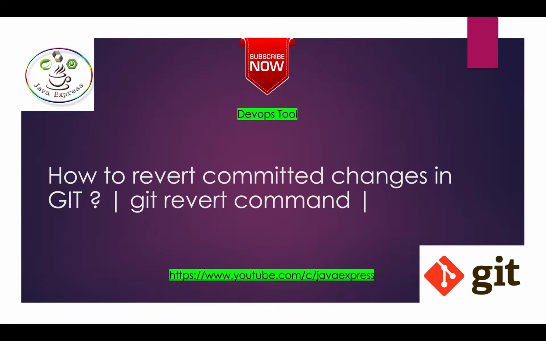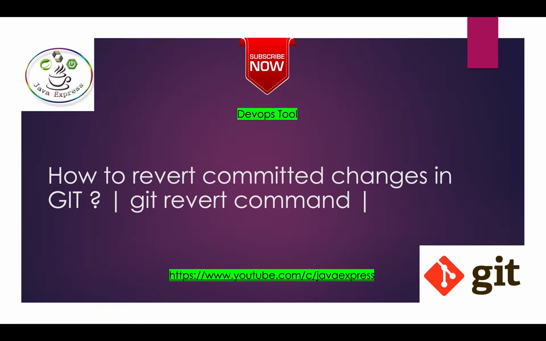We will use this command in our day-to-day life. Basically, what is the use of the revert command? You added a few files and you committed. If you want to delete that commit, suppose you are in the master branch, you created a few files, you add those files and you commit them. If you see the git log, you can see a lot of commit IDs. By using that commit ID, you can revert back the changes. You can delete those changes from your master branch.